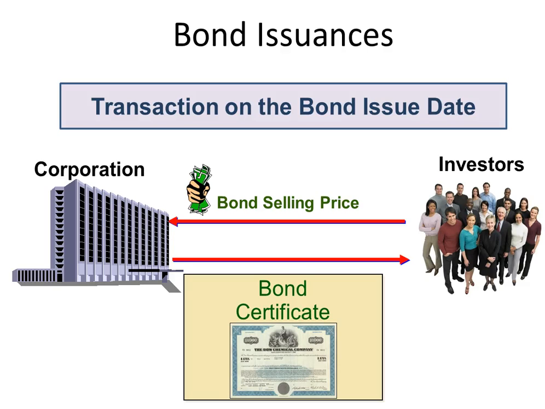Okay, bond issuance. This is when a company is going to issue bonds for maybe the first time. There could be a series of bond issuances over many years, but typically on what is called the primary market, this is where the company here is going to sell bonds initially to a group of investors. These could be institutional investors, individual, other corporations. And that is done in the primary market.